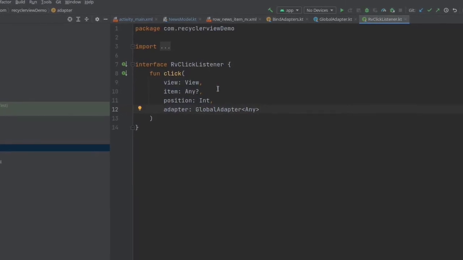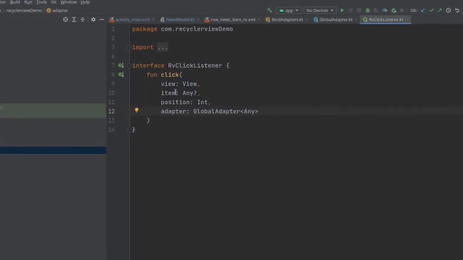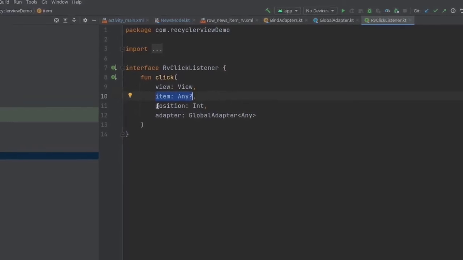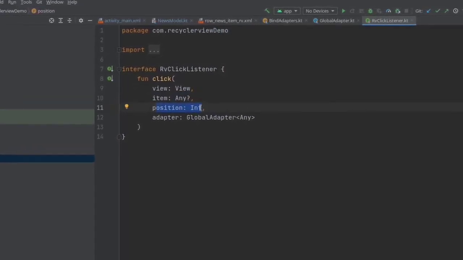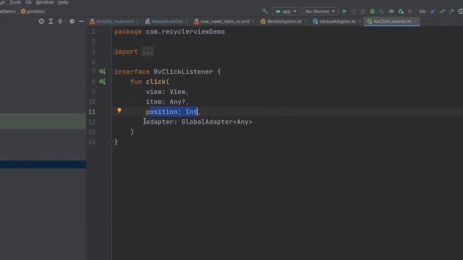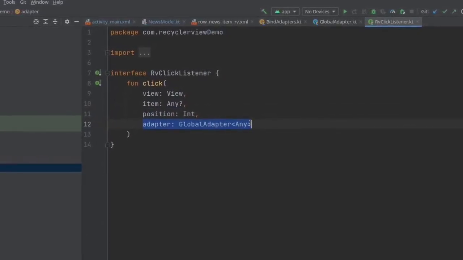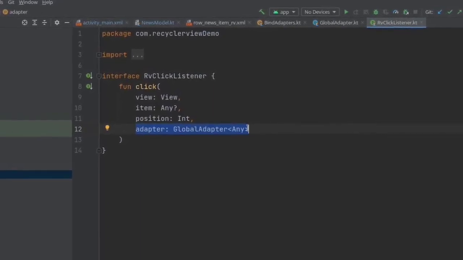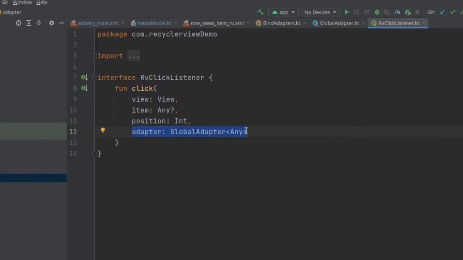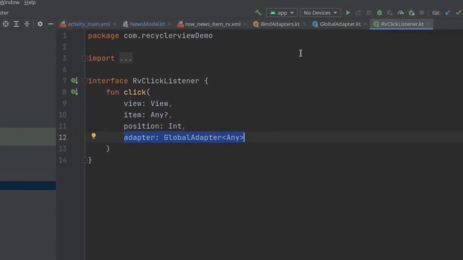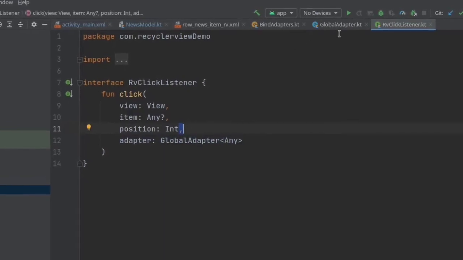First is the view, which view has been clicked, then the item from the list, and then the position, so we can know which position the adapter is currently at. Then I'm simply returning the whole adapter because it might be needed somewhere for updating or deleting the data or something like that. So for that case I'm passing the adapter here.